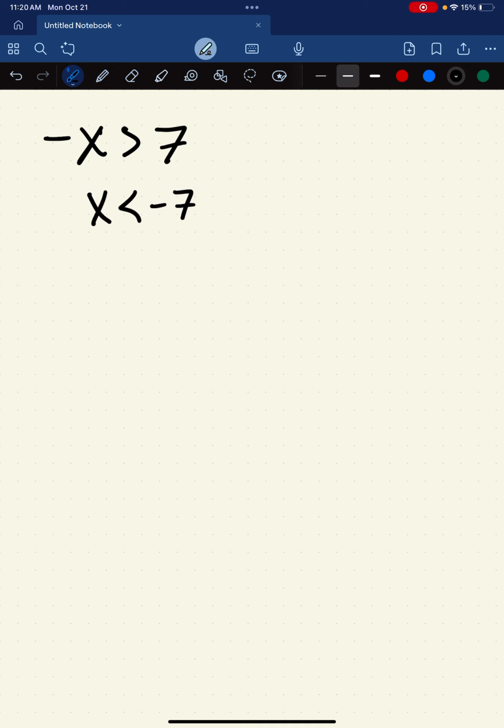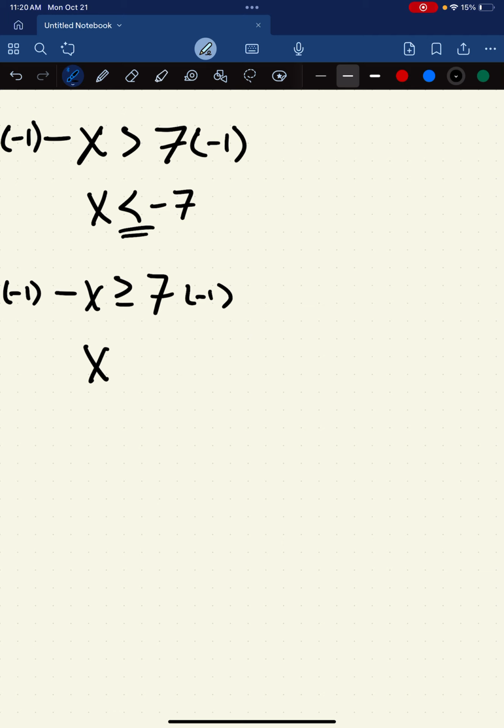So this means that x is less than negative 7. Same thing if we did negative x is greater than or equal to 7. Whenever we multiply by a negative on both sides to get rid of the negative, so I guess maybe I should make that explicit here, we multiply both sides by negative 1, then we have to flip that. Same thing here, whenever we multiply both sides by negative 1,